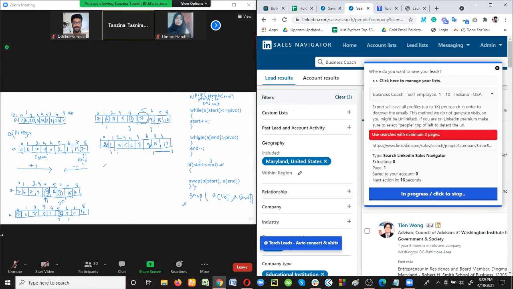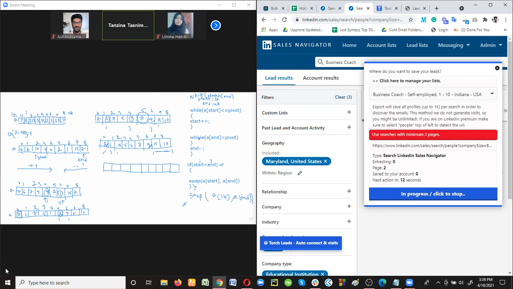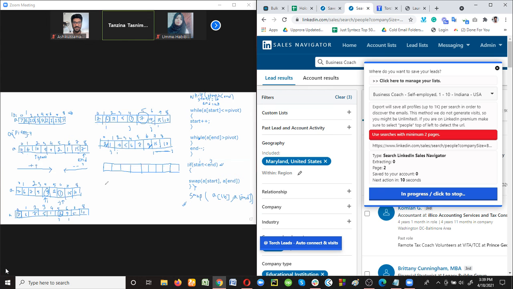Is it clear how the swapping will be done? When the condition start less than end, or I less than j, is not true, then we'll use this one. Swap the pivot element and the end element. Okay, so now where will we insert this 2? Where will we insert 2?